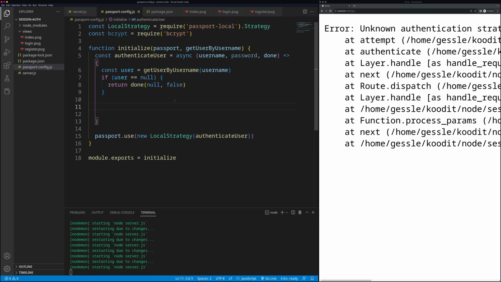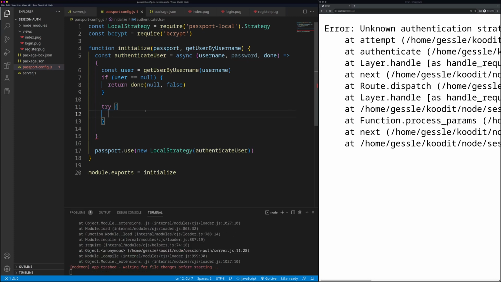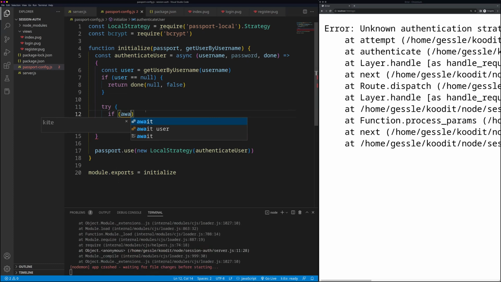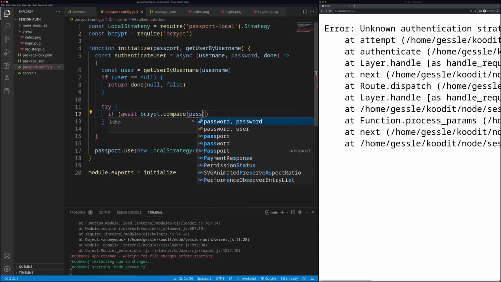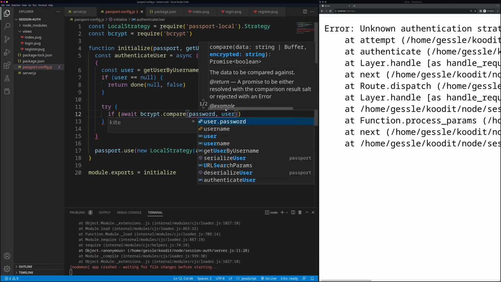After that, we know here that we have the user, so we can try to get that. And if we are now awaiting, we have this async. Now we need to have this await because we are using bcrypt, and it has a method called compare. We are comparing this password that we are getting from the parameter, so the password the user has inputted, and we are comparing it to our user